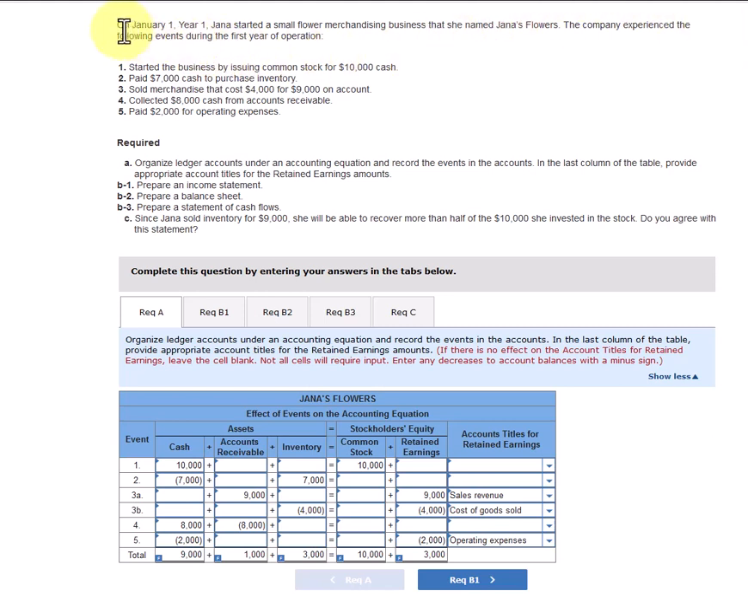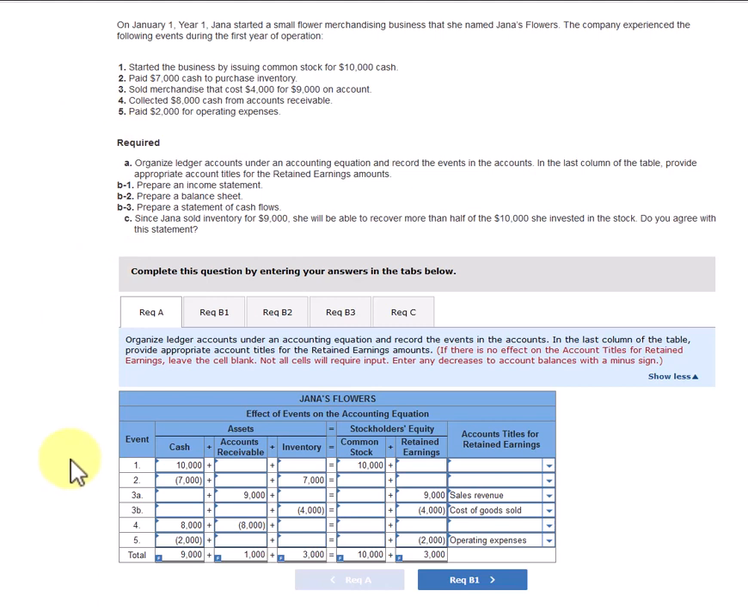So let's start here. They tell us on January 1st, year one, Jana started a small flower merchandising business that she named Jana's Flowers. The company experienced the following events during the first year of operations. Now, our first task is going to be to show the effect of these events on the accounting equation. And they give us an expanded accounting equation, which we'll look at in just a moment. But they give us 5 different transactions. So what we'll do is we'll go through those one by one and we'll look at how they affect the